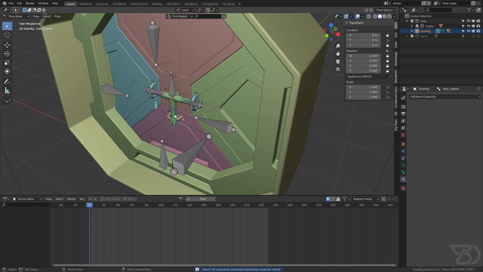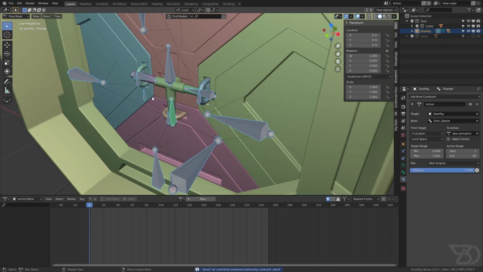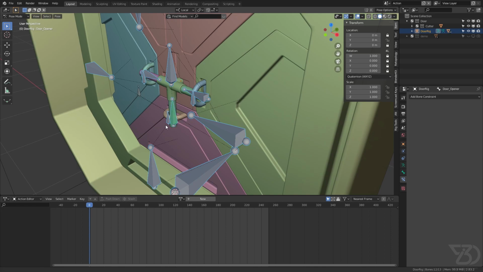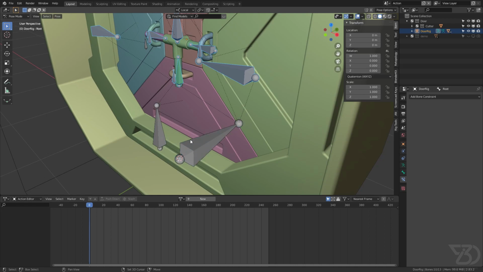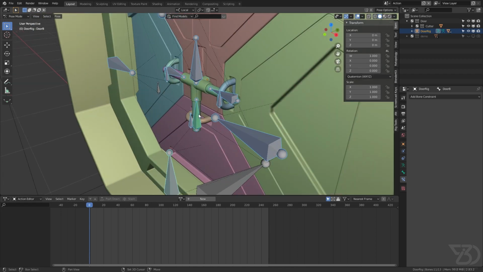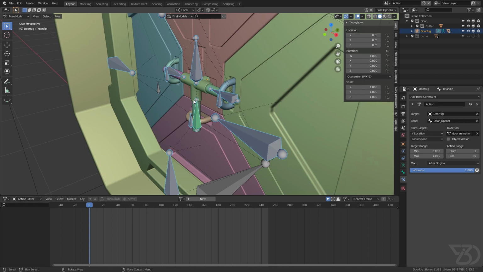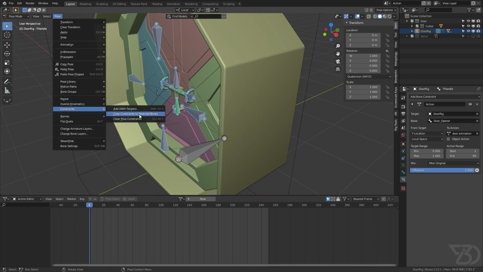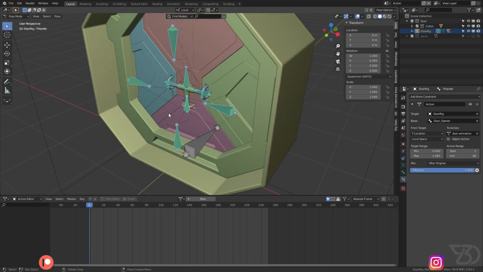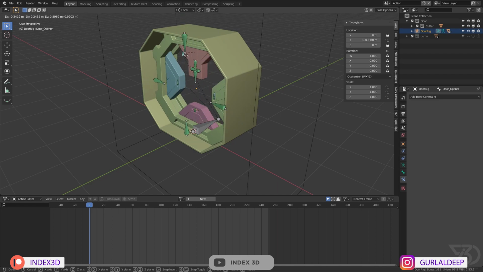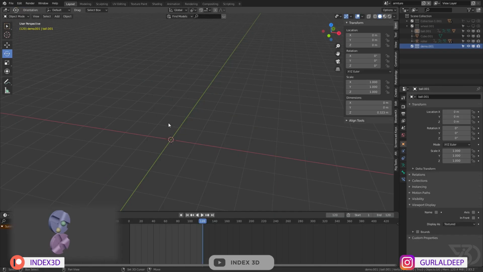Now what we can do is select all the bones with A, and then at the end select this bone, and I will deselect the bones which are not animated, like this. This one is animated, so this bone and this bone are not animated. And then at the end I will select this bone, which has the constraint. So we can copy the constraint from this bone to all the other bones. Go to constraint and then copy to selected bones. So now all the bones have the same constraint, and now we can push it up and it will animate it. So let's see how the armature constraint works.